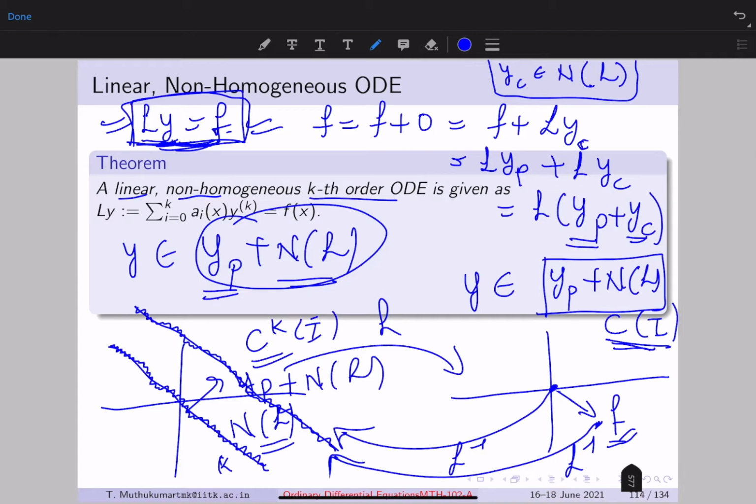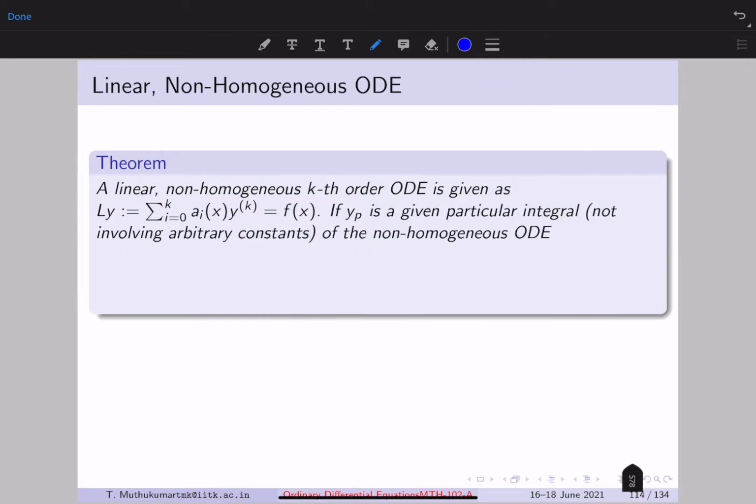That is the idea, and that is how we are going to solve a linear non-homogeneous equation. That's what this theorem is stating. Whatever I have just explained is what the theorem states. So if you want to solve Ly equal to f, you find one particular solution, one particular integral, one solution such that Lyp is equal to f. We want to find all such solutions, but if yp is one such solution of the non-homogeneous ODE,